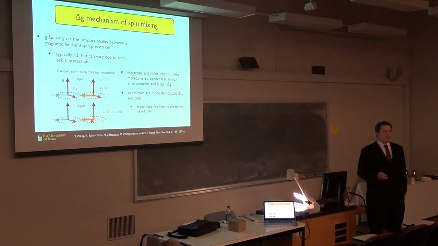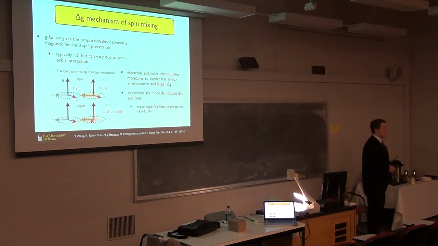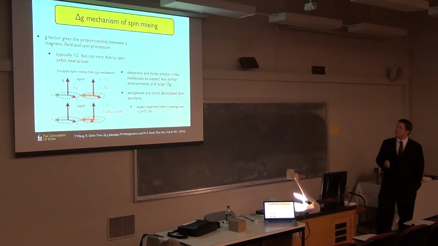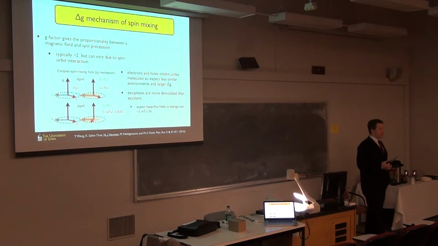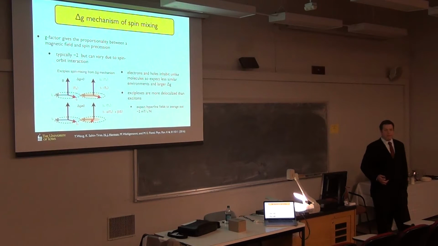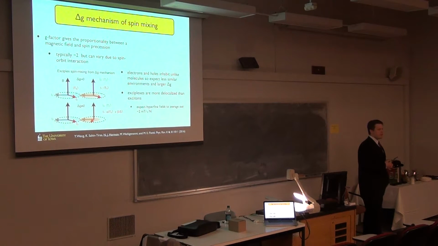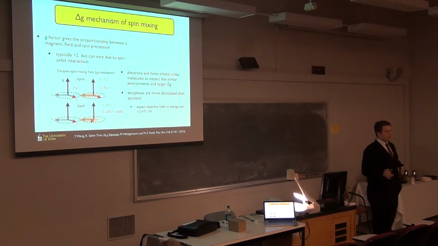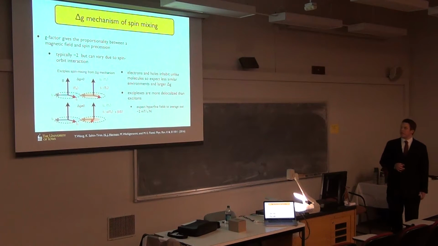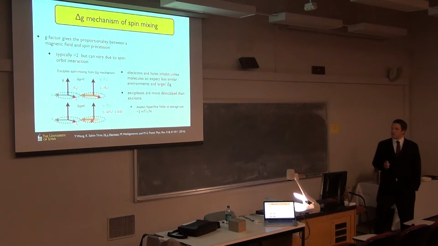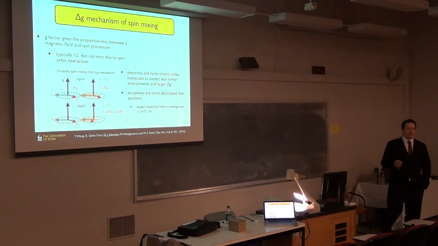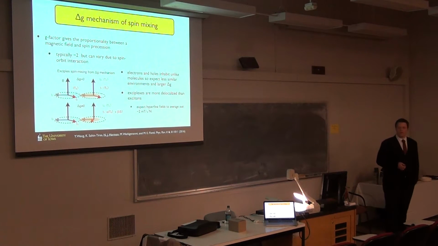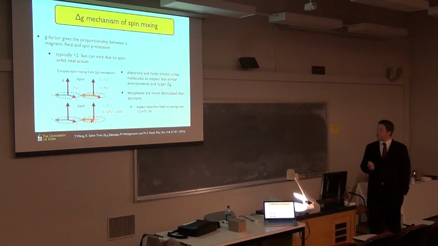So what is the mechanism that is doing this mixing? Well, we believe it is the delta G mechanism. The g factor gives the proportionality between a magnetic field and its precession frequency. While it's approximately 2, in real systems there are variations between different molecules, and there's anisotropy also in the g factor. Despite the percent changes being very small, of course, 2.01, 2.011, these are well studied in organic radicals, so it's not out of the realm of possibility.